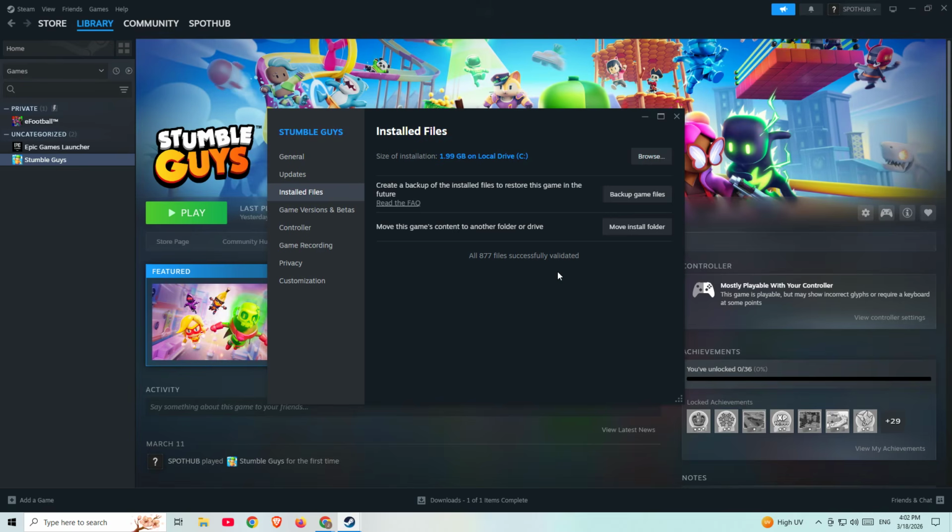If it found problems and fixed them, try launching the game again and see if the error 51 is gone. In many cases, this alone is enough to solve the issue completely. If the game still does not start, it's a good idea to restart Steam and try one more time after the scan finishes. This method works because error 51 is often caused by missing or damaged game files, and verifying